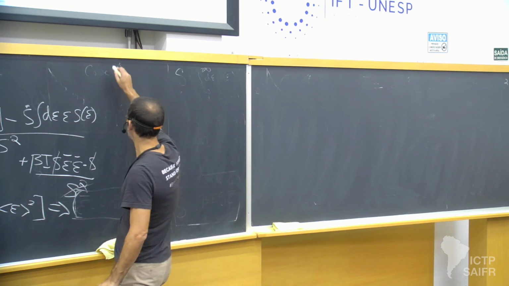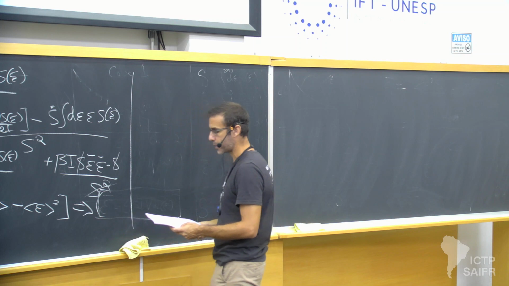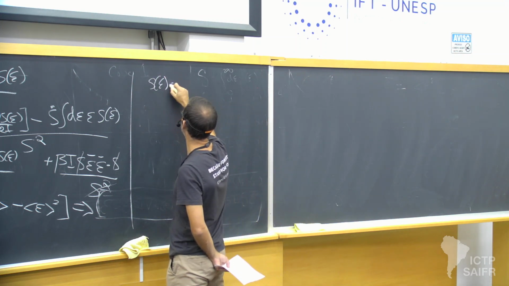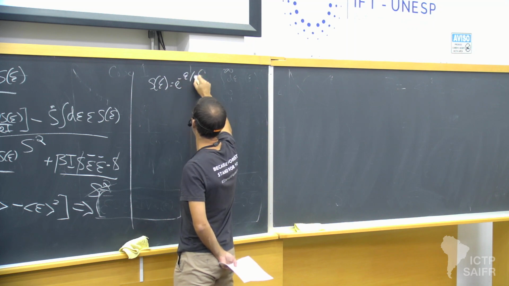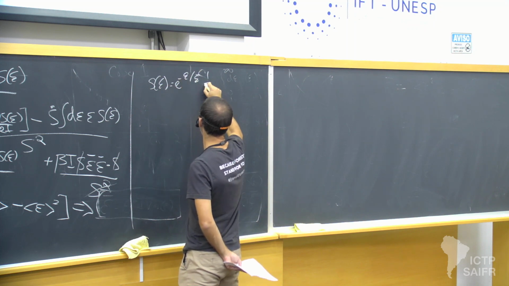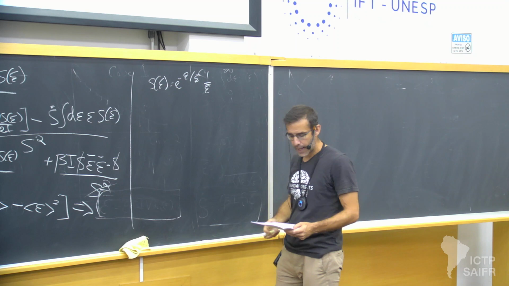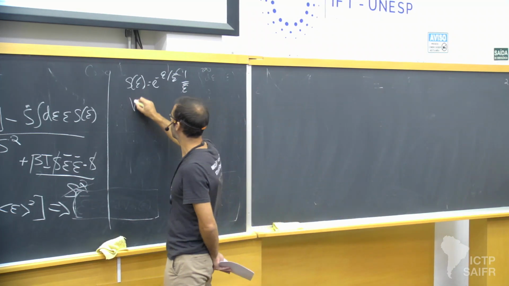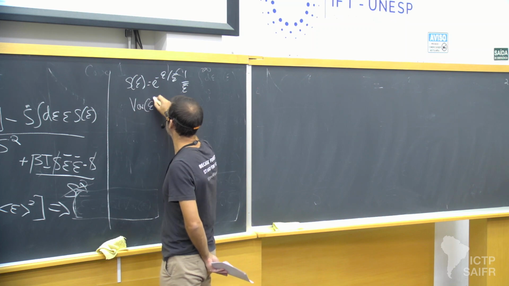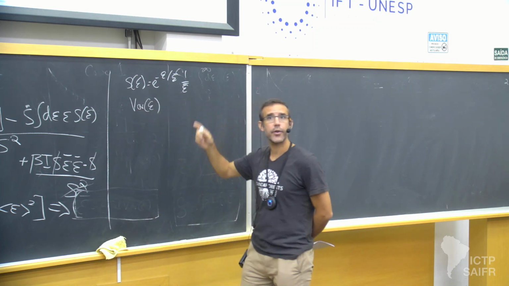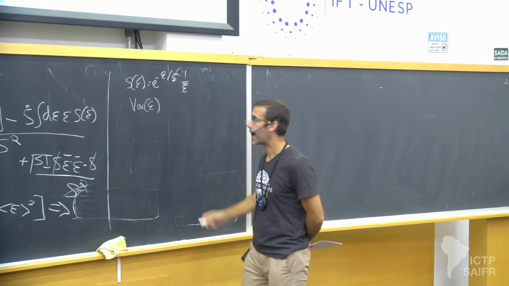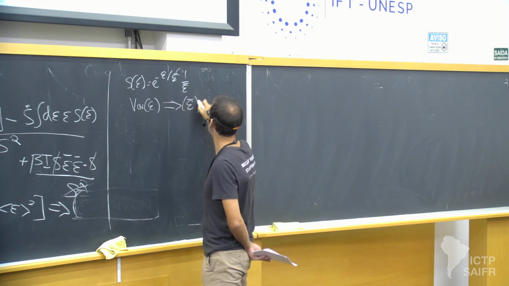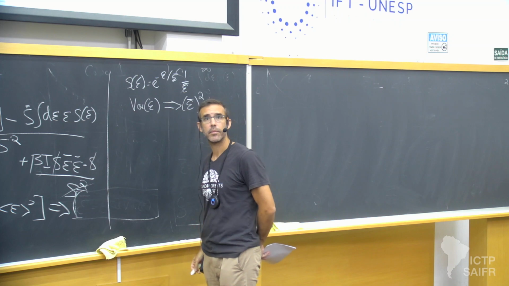Okay, so now I want to make a specific choice, and again assume that S of epsilon, eta minus epsilon, epsilon bar, 1 of epsilon bar. And then ask the question, well, what is the variance? And I just did an integral over there, and I'm not going to do it again, but the variance of an exponential distribution is the mean squared. Okay.